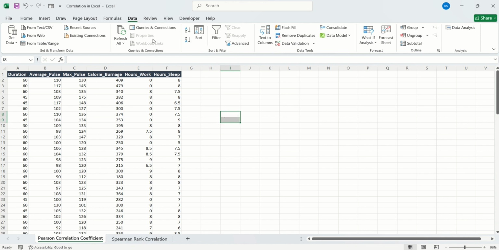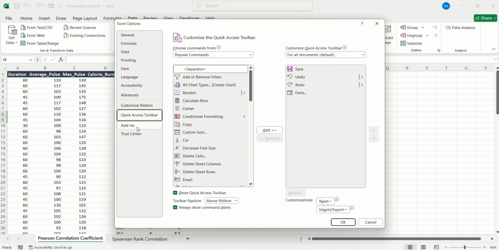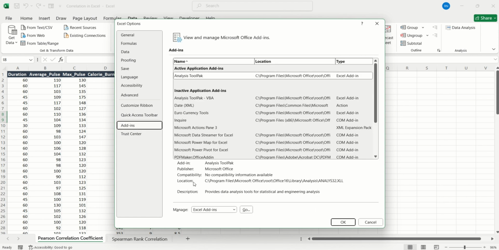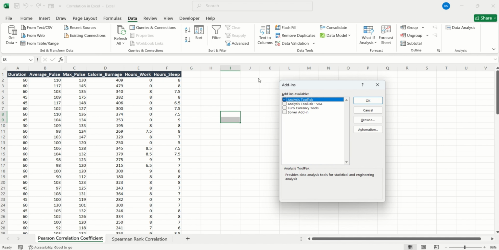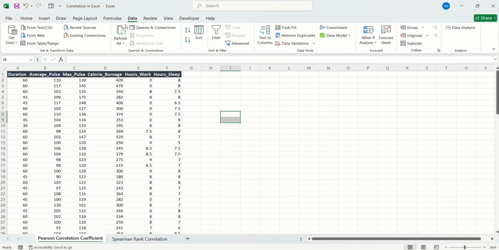Once I delete that, if you don't have the analysis tool pack, just come over to the top part of your Excel and click on this icon, customize quick access toolbar, then scroll down to where you have more commands, and under more commands you select add-ins. So once you select add-ins, come over to where you have manage and make sure that you've selected Excel add-ins, then you select go. Once you select go, this dialog box is going to show, so make sure you select the analysis tool pack and then you select OK. Once you select OK, click on your data tab and your data analysis tool pack will be displayed under your